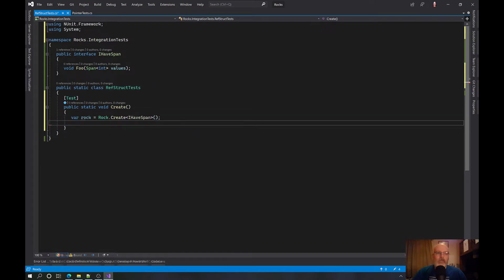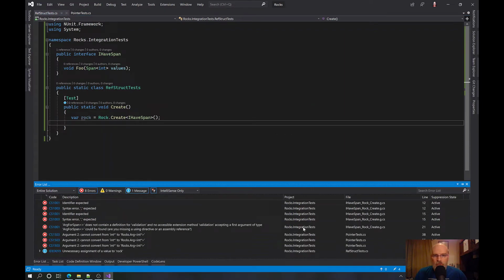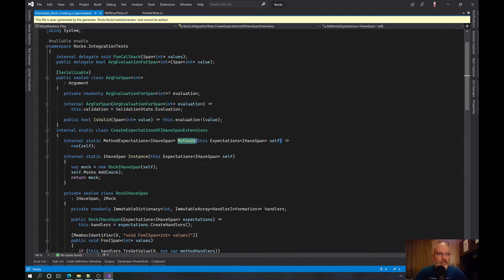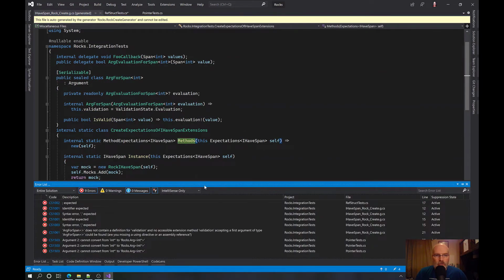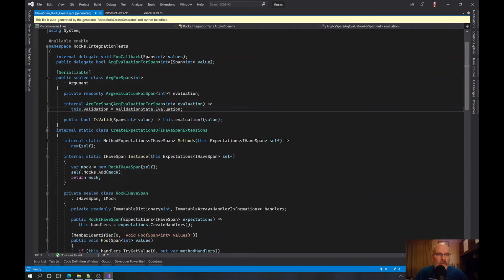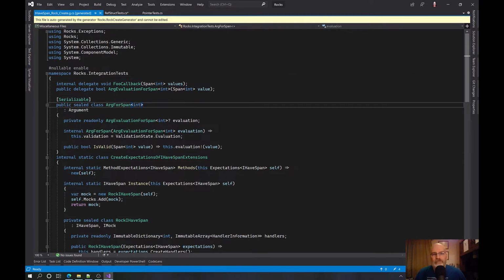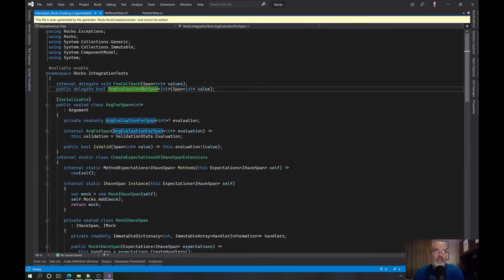All right. Does it build? Because it should have generated the code, and if it doesn't build, then we already know. Yeah, a whole bunch of crap went wrong. Rock.methods. So we're going to dive into that. And we're going to look at these errors. 12. What's 12? Oh. Yeah. I think I done goofed. How did I done goof?